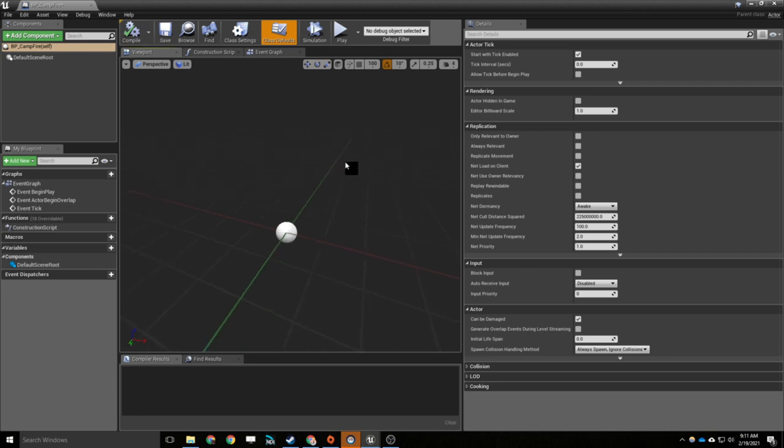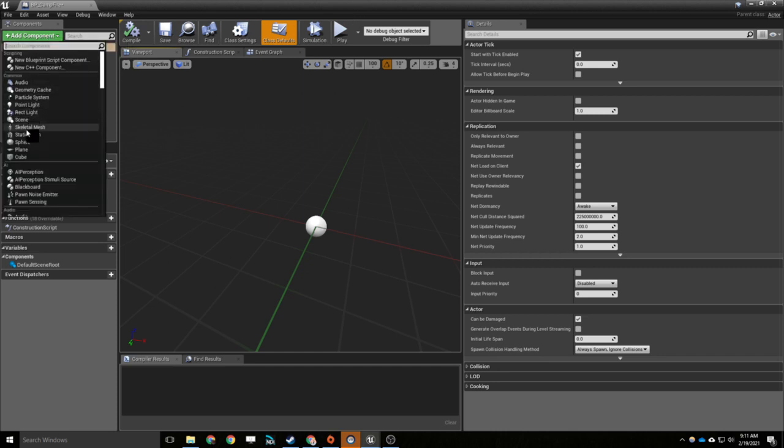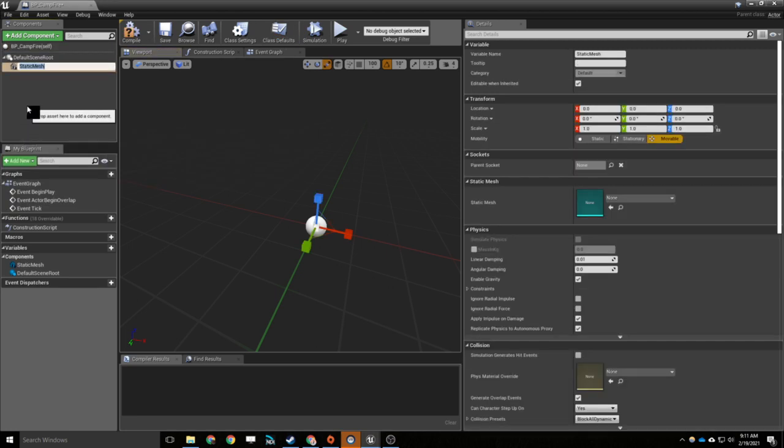So we're just going to go and put those in now, arrange them here in the viewport, and then place it in the level. So I'm going to go here to add a component first. I'm just going to go with a static mesh. So I'm going to call this one log. And then over here on the right hand side it says there's no static mesh selected, so I